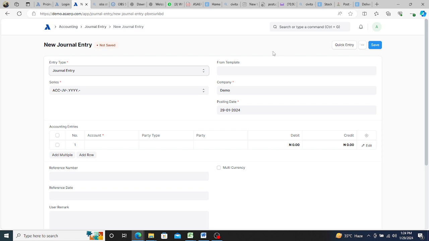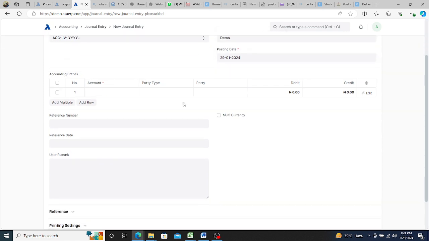So this is the journal voucher entry. Specify the date as usual. This is the accounting entry table. It has a debit and a credit column. Now you want to post the expenses first,